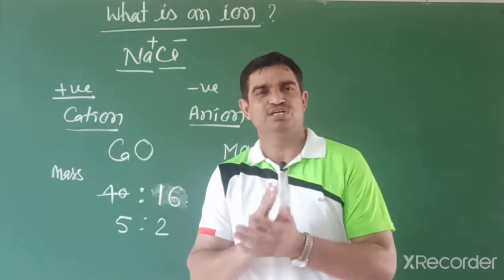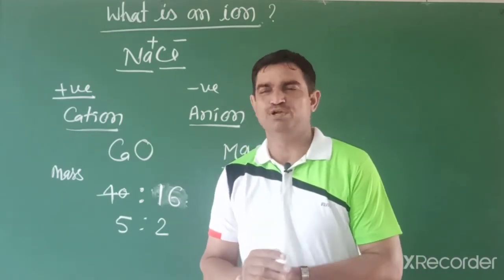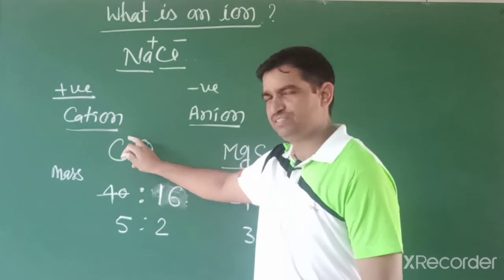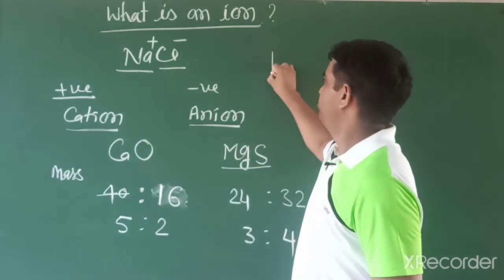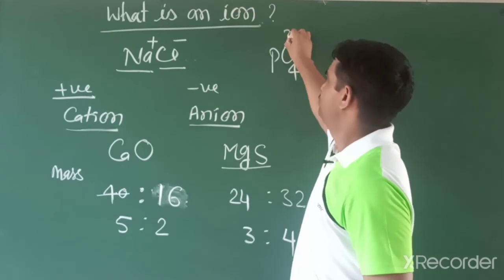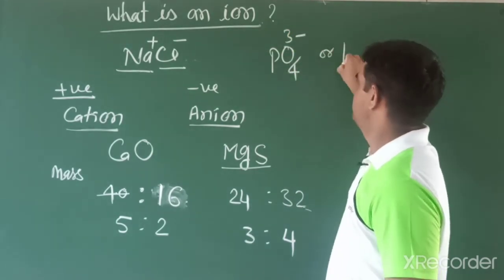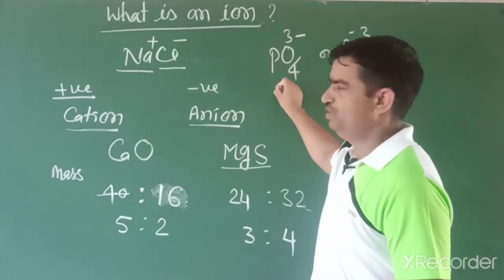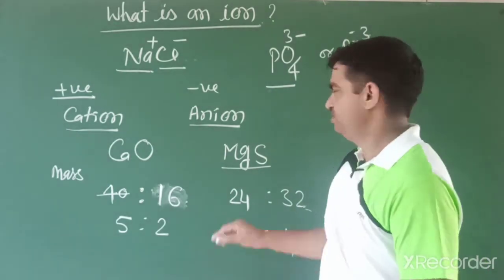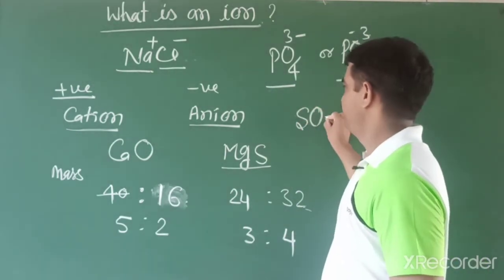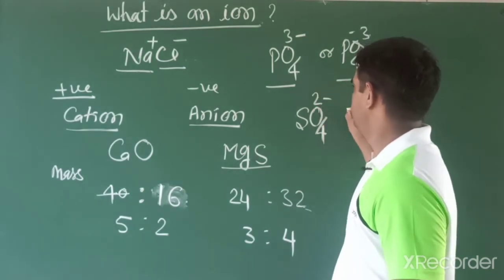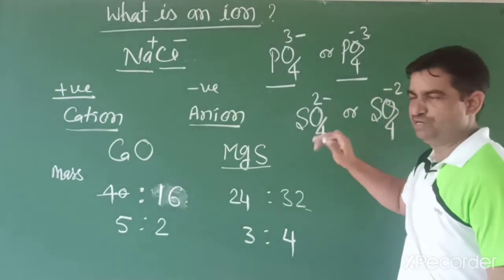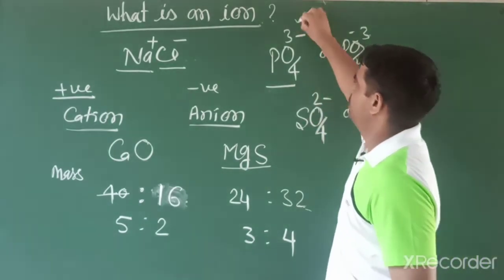Students, if there are more than one atom in an ion, that ion is known as a polyatomic ion. These earlier ones are only cation and anion with single charge. Calcium and oxygen have different charges. If you write PO4 3 minus, or simply PO4 minus 3, we can write it both ways. So this one is a polyatomic ion. We will study this later on. Another ion is sulfate, SO4 2 minus, or you can write SO4 minus 2. Normally you write it the first way, but NCERT follows such types.